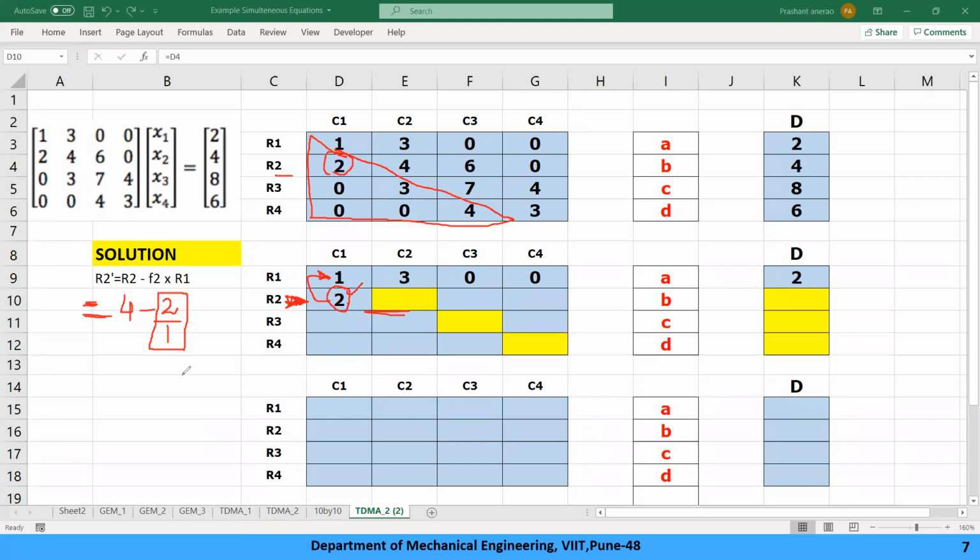बॉक्स बना लेता हूं, 2 by 1, that is 2 only, into R1 is nothing but रो नंबर 1 का एलिमेंट. बट कौन सा वाला एलिमेंट? जिस कॉलम पे आप काम कर रहे हो उसी कॉलम वाला एलिमेंट. Okay, so if I am working on this column number 2, I am operating on this element, right, उसके just ऊपर वाला नंबर, so that is 3. Okay, so what we have, 4 minus 2 into 3, minus 2. So this becomes your minus 2.